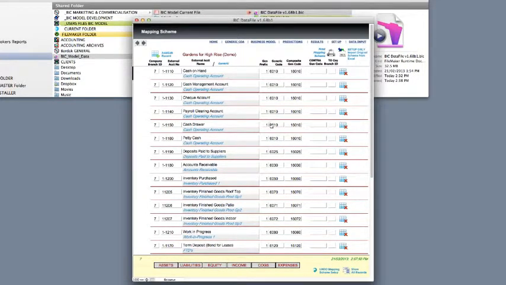So here we have 1, 2, 3, 4, 5 accounts, which are all to do with cash. But from the point of view of forecasting, we just want to know what the overall cash situation is and what our cash flow will be in the future based on the assumptions we've made in our forecast. This is a very powerful aspect of the BIC model, being able to predict your cash